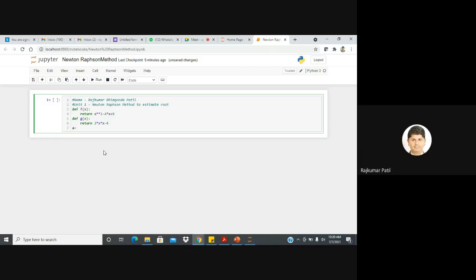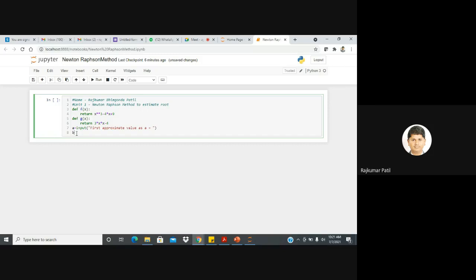Yes, sir. Okay, good. So now we will enter the value of a. For that we will use input, and inside the brackets we will write first approximate value as a, which is equal to. So this is how, by using the input command, you can enter the value of a.